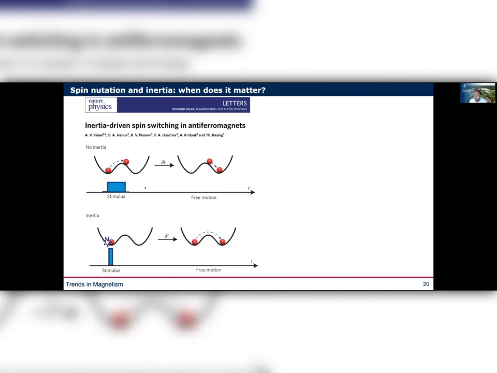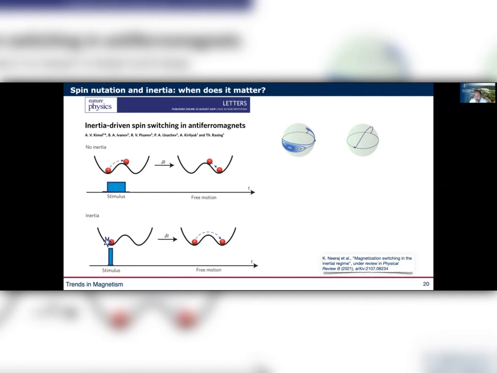However, if you have inertia, you could use impulsive stimuli, and this would basically kick the ball to the other side. You can imagine the difference between having a feather and a steel ball in a potential well. If you have a feather, you need to bring it all the way up, otherwise it will not continue by itself. But the steel ball would do it. So it suggests that when you go to short time scales, that is when it matters. We recently did work, a manuscript which is on the arXiv and under review, where we try to study this switching in a ferromagnet with inertia.